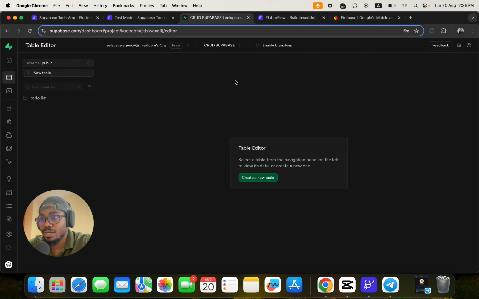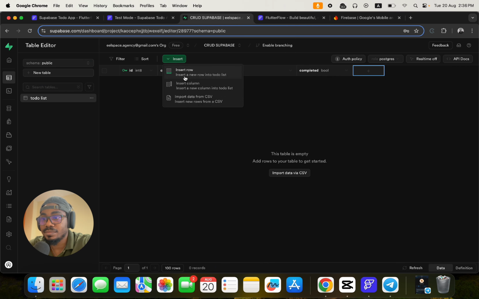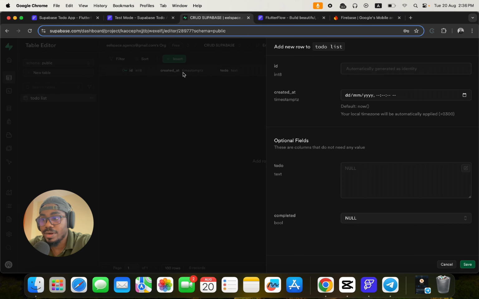This is our table now. Everything is enabled. We can go ahead and... okay, this is not our table. This is our table, the to-do list. Now we have all of this. This is like the fields in our table. You can click to drag this a bit so you can see everything. Now I can manually insert information inside this table by clicking on insert and say I want to insert a row. All right, then I can fill it up here. Okay, but I don't want to do that. I want us to do it